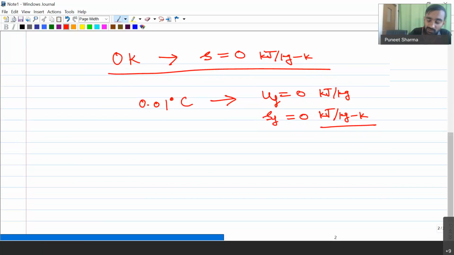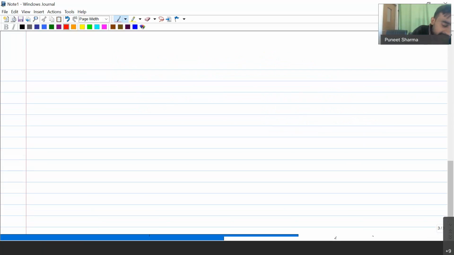So can you explain the Clausius inequality? Okay. So the Clausius inequality simply says that the cyclic integral of del Q by T has to be always less than or equal to 0. Okay, so that is a generalized statement, and this particular inequality is applicable for each and every kind